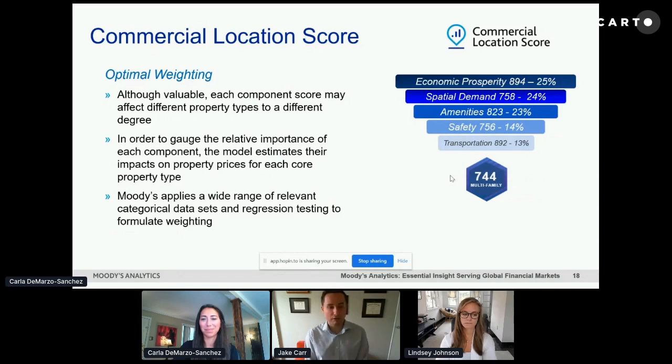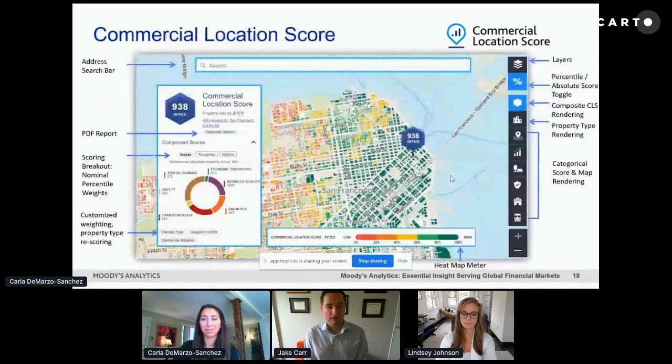And we'll wrap up by going to the final slide, which again shows the map interface. I just want to highlight the address search bar at the top. As Carla was mentioning just a few moments ago, REIS has done a tremendous amount of work with property matching, address location functionality, and all of the hard work that they've done is built into our interface so that users can enter any location of choice across their portfolio, and our system will automatically match that and bring them to the place on the map where that asset happens to reside, and then you can get all of the associated information that you see here.